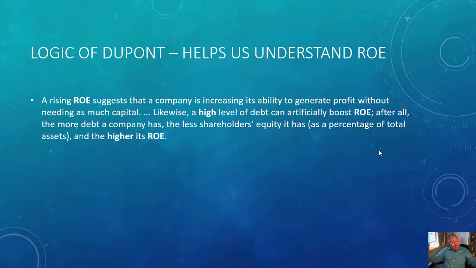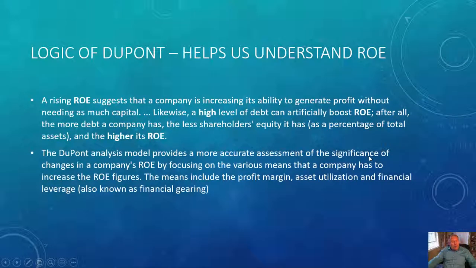The DuPont analysis essentially provides a more accurate assessment of the changes in ROE by focusing on the means that the company uses to achieve a return. That includes the gross profit, asset utilization, and financial leverage, also known as financial gearing. And you'll find that this really moves right along with the discussion we had on